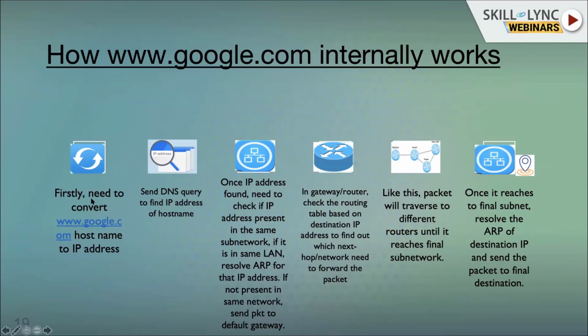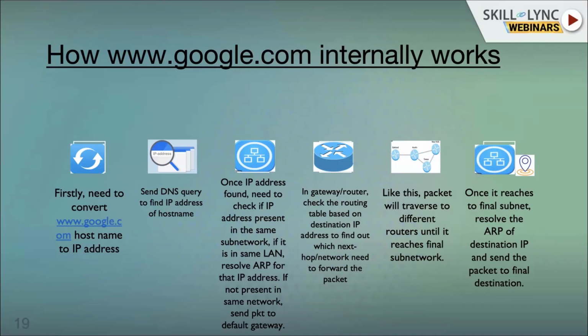For this, we use DNS. Once we get google.com, we need to find that IP address, which will be present in some DNS. So we need to do a DNS query, sending it to a DNS server. It uses the UDP protocol here again. It goes to the DNS server and finds out that IP address.